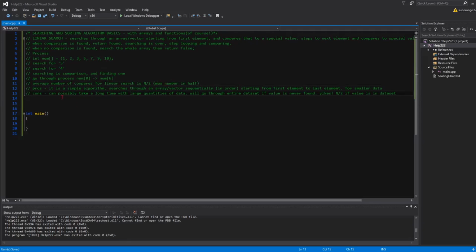Some pros: the linear search is quite a simple algorithm. It's not too hard to understand or too complicated. All it does is search through an array or vector sequentially, starting from the first element through to the last element. It would be pretty great to put together really quick for smaller data. It works well for smaller data, but the con is